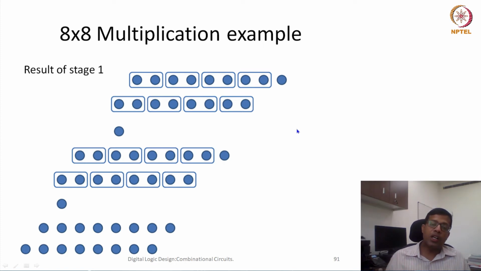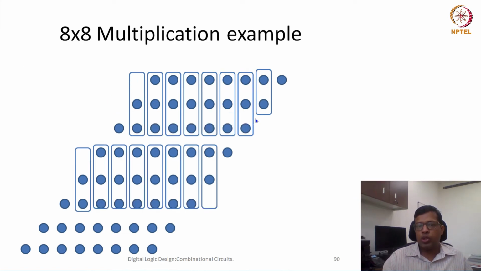Essentially, what a carry save adder is doing for us is reduction. Instead of adding 3 numbers, it reduces them to 2 numbers, sum and carry, where the carry would be in the next order and the sum would be in the same order. Let's try to see it closely. We'll keep flipping between the previous slide and this slide to understand how this step has been done. You see that there were 3 bits here. For these 3 bits, the sum would be here and the carry would be in the next group.